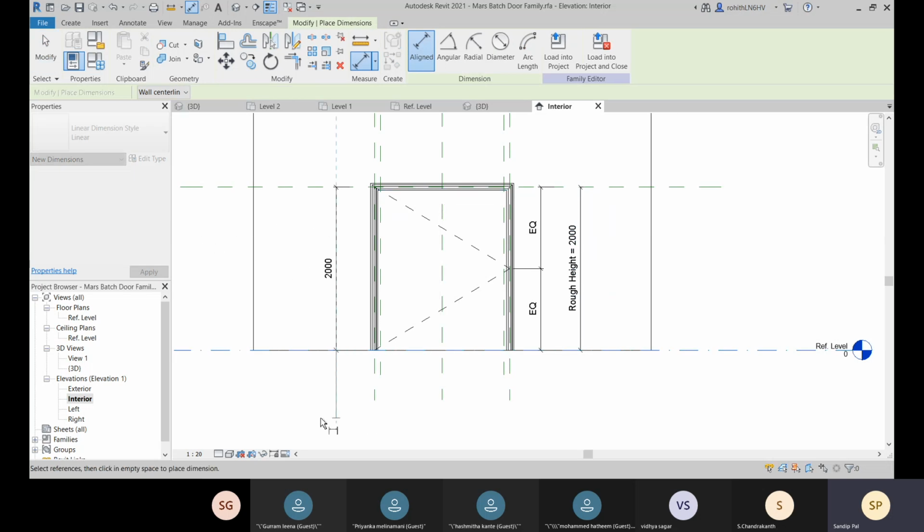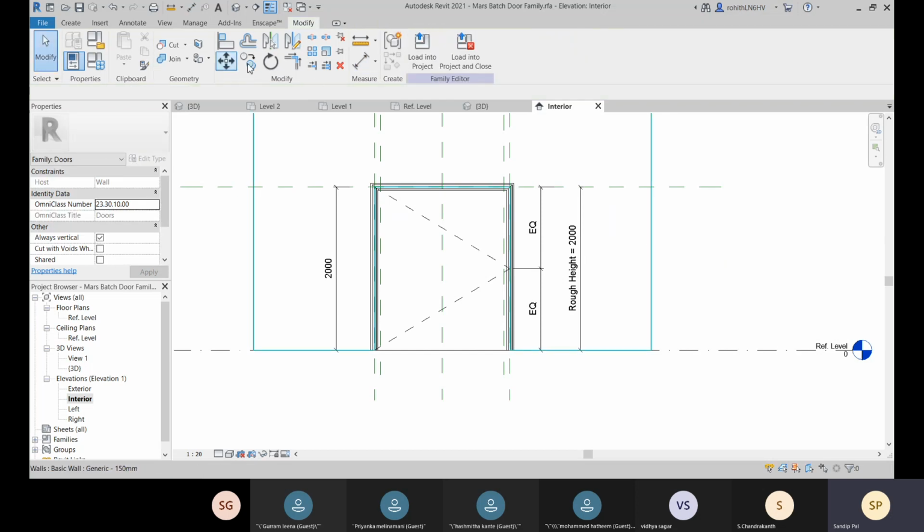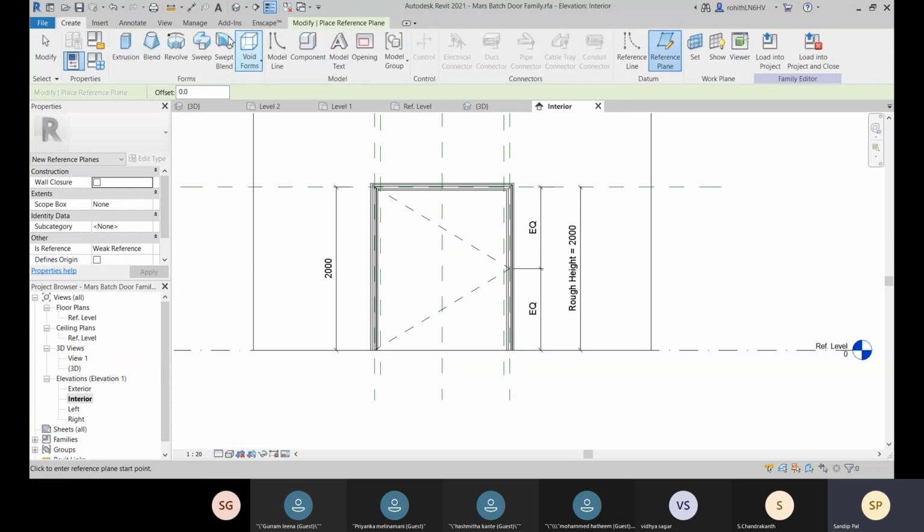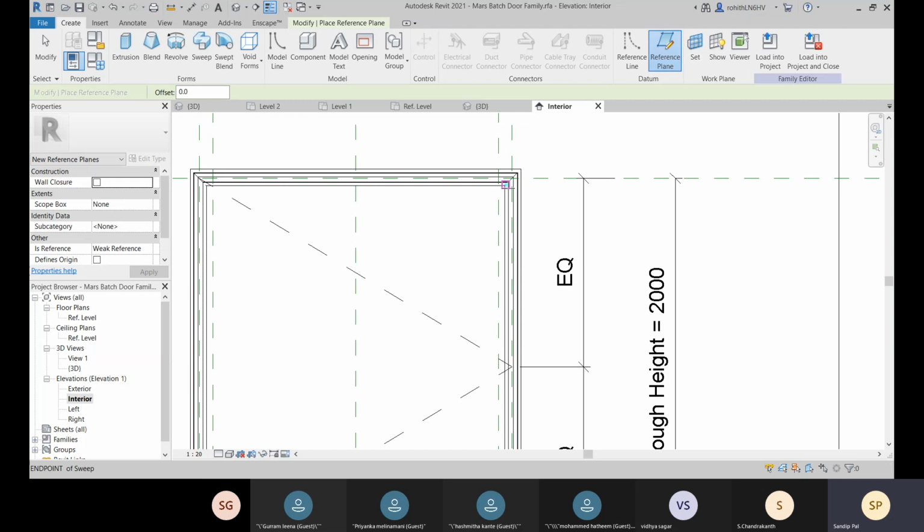So for that you can go for reference plane. RP is the shortcut for reference plane, or else you can come to Create and reference plane is there. So let's go for this reference plane.